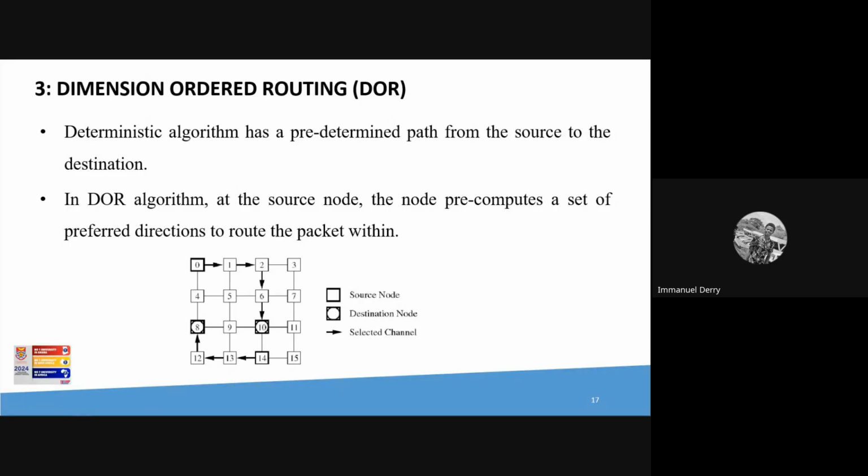Right. And as I said earlier, with this particular one, there's no back and forth. You don't have to move from 0 to 1, 1 to 2, and then 2 to 1 again. That is not really allowed in dimension ordered routing. However, in the